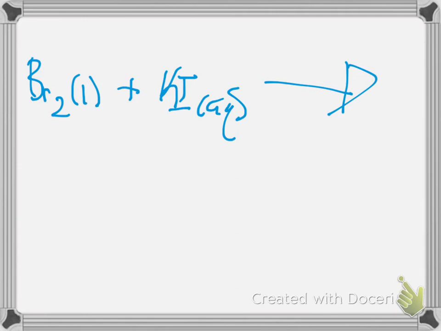Yes, this reaction is going to take place, okay? So in the previous reaction, we were looking at tin and oxygen, which was a synthesis reaction, right? 1 + 1 yields a compound. In this case, we have a substance and a compound. So what we're likely looking at here is a displacement reaction. So what we need to determine is, will bromine